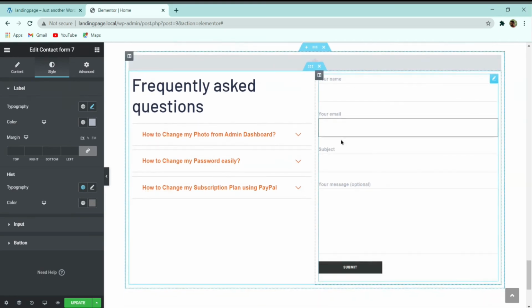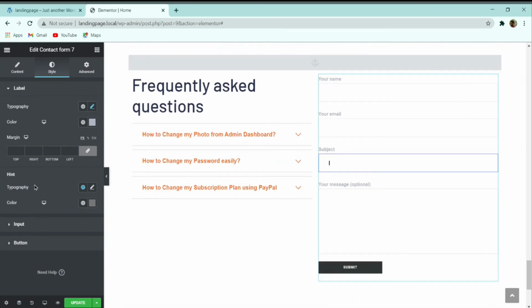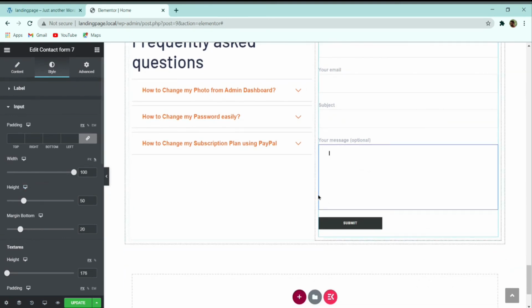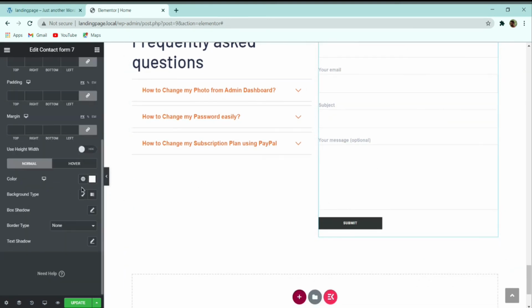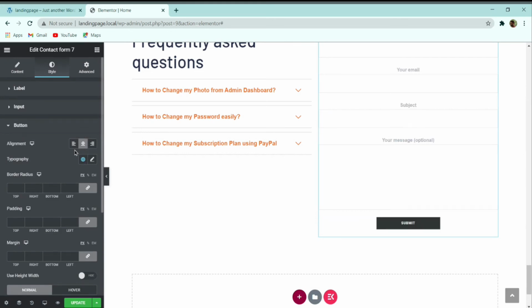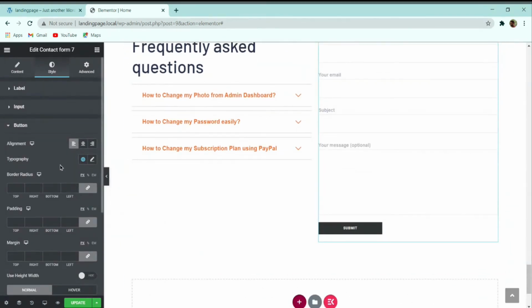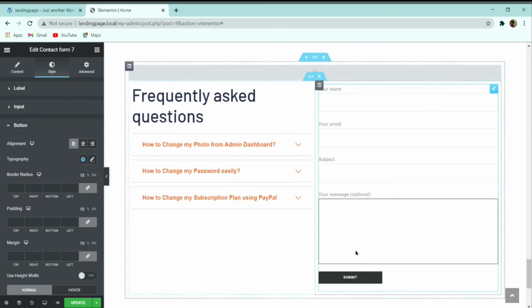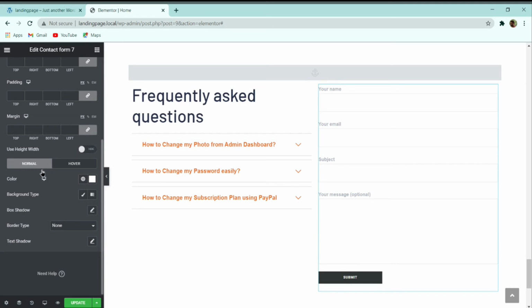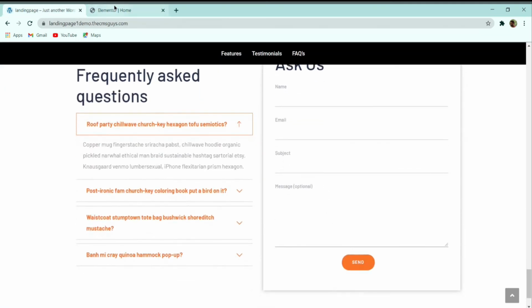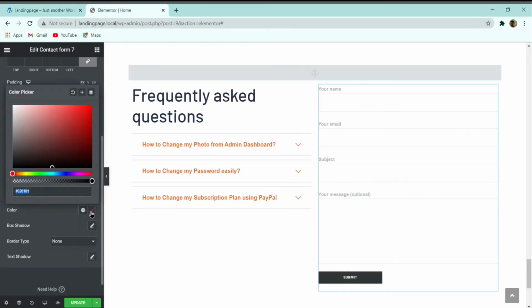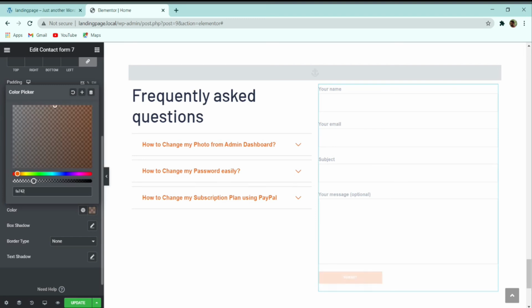And then here you can see that for this input option I can change this padding and all. So let me customize the button first. Sorry, for this button alignment, whenever I am changing this button it is going to the center. So let me first change this button color and everything. So basically here background type, you can see that we have this orange color at the background. So here I will select that background color FA742B,